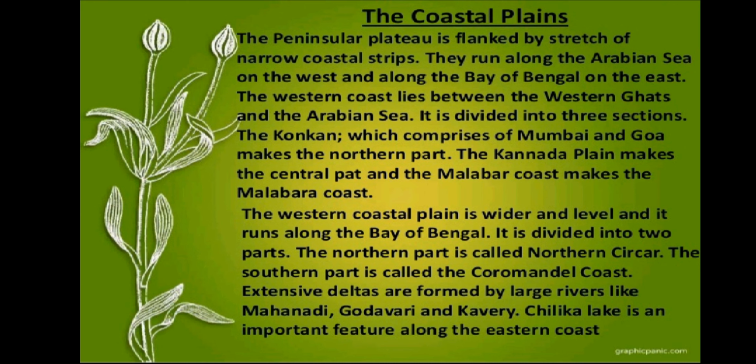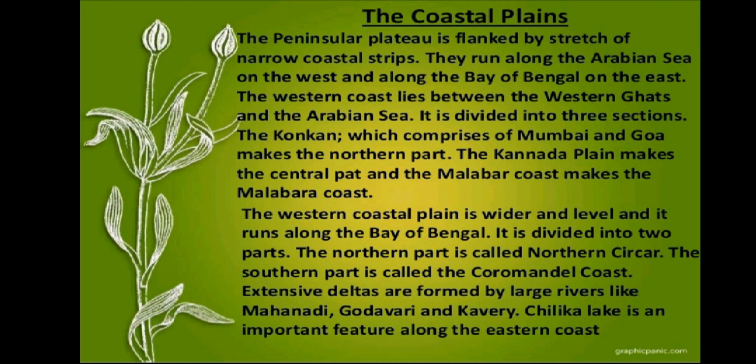One more important thing to be noted: Narmada and Tapti are the only two rivers which drain their water into the Arabian Sea. These are the only two rivers in India. Although Satluj and Indus are also there, they drain from Pakistan. Most of their part is in Pakistan. But if we talk about India, only two major rivers are there, Narmada and Tapti.